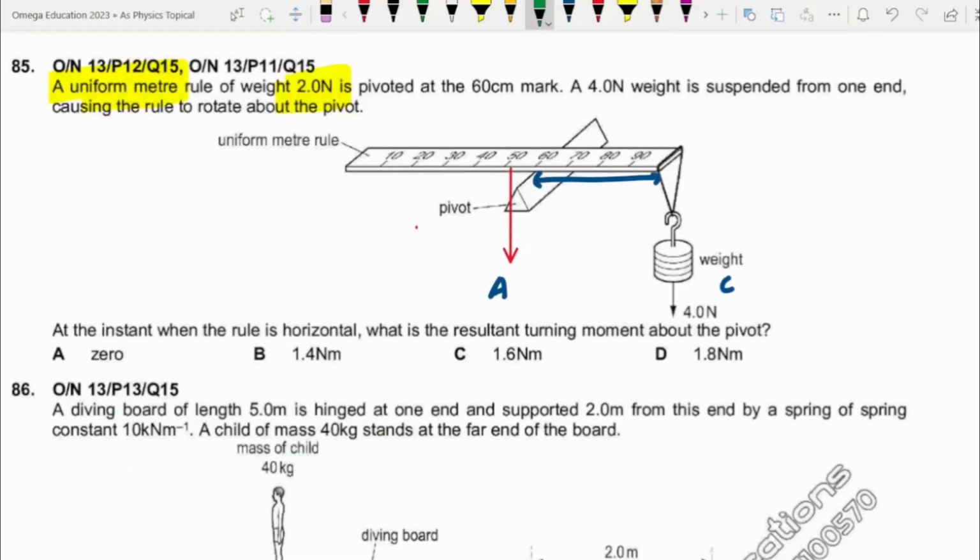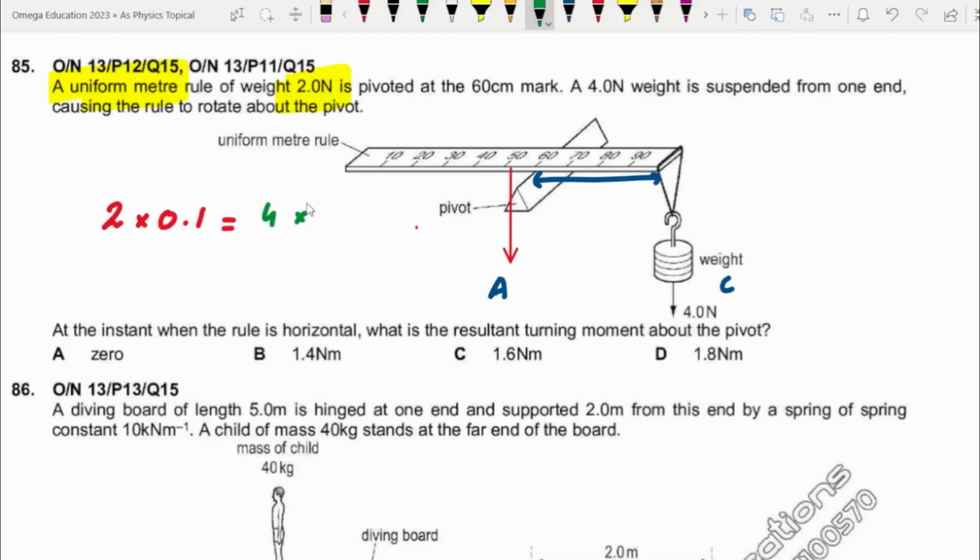The other important thing is all the answers in this question are given in Newton meter. So whenever we are writing the distance, we'll be converting the distance into meters. So for the weight, we have W times 2.0. W times the distance of that force from the pivot, from 50 to 60, would be 10 centimeter, and 10 centimeter means 0.1 meter. And that equals, the other force is 4 Newton, and the distance of that force from the pivot is 60